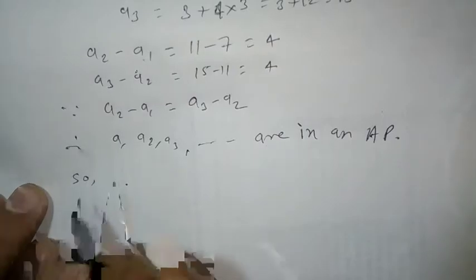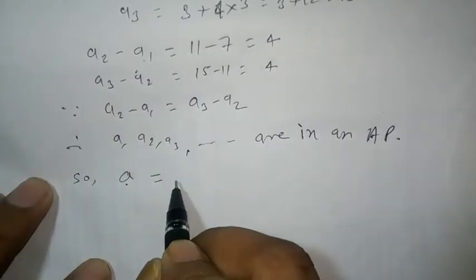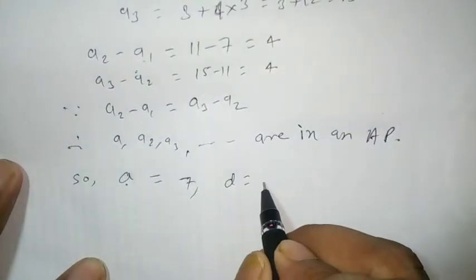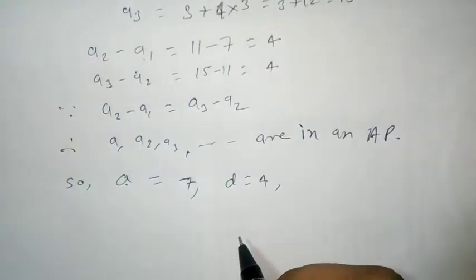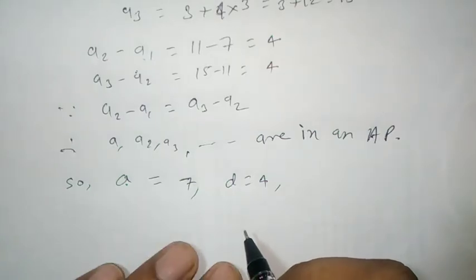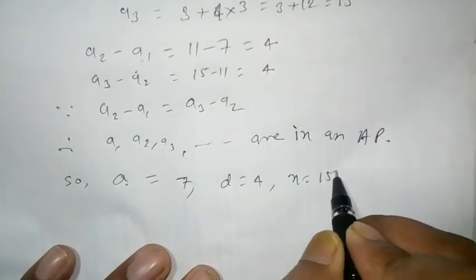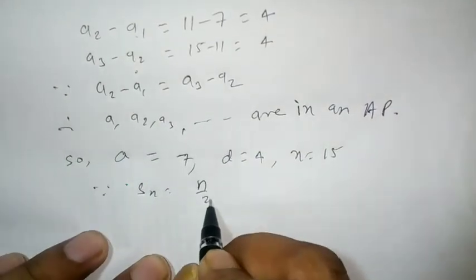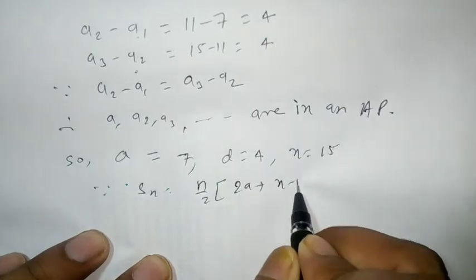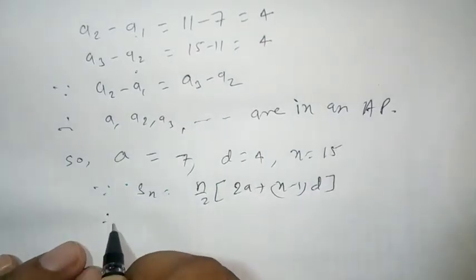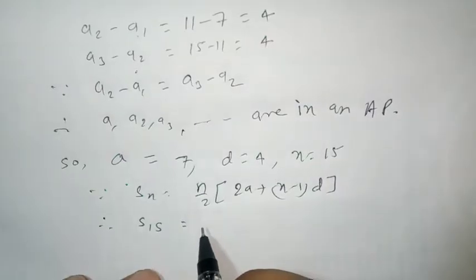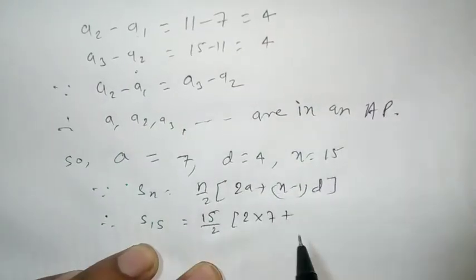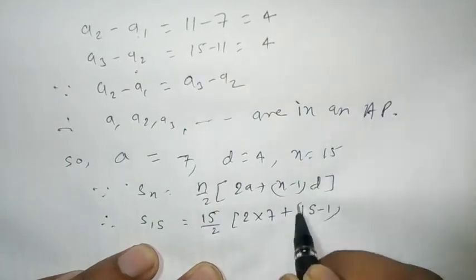Okay, so a is equal to 7, d is equal to 4, and we have to find the sum of first 15 terms. n is equal to 15, because Sn is equal to n by 2 into (2a plus (n minus 1) into d). Therefore S15 is equal to 15 by 2 into (2 into 7 plus (15 minus 1) into 4)